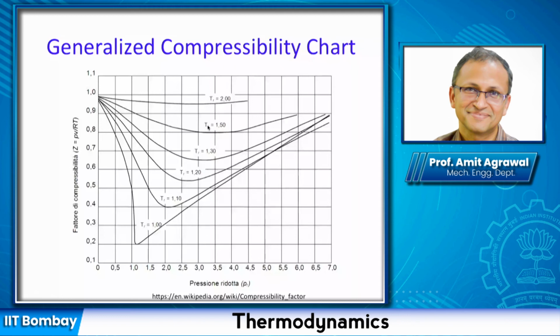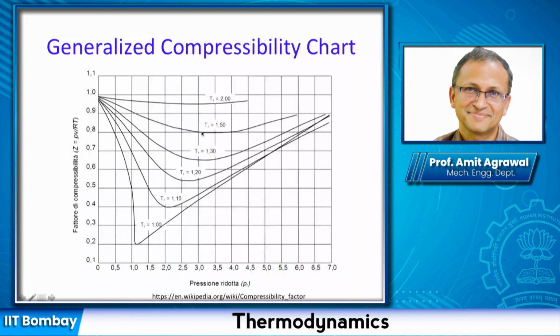So using this curve, which is at reduced temperature TR of 1.5 and a reduced pressure of 3.5, that means it will correspond, for nitrogen, to 34 bar multiplied by 3.5 as the pressure, and a temperature of 126 Kelvin multiplied by 1.5. This is the value of compressibility factor that I would get, which is 0.8.